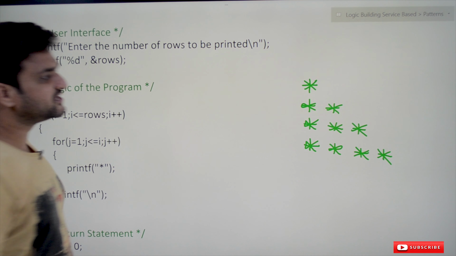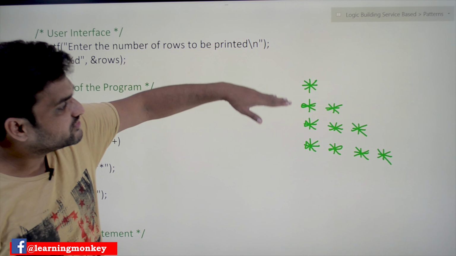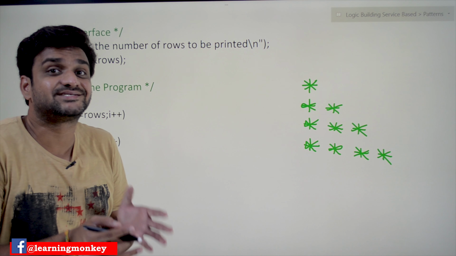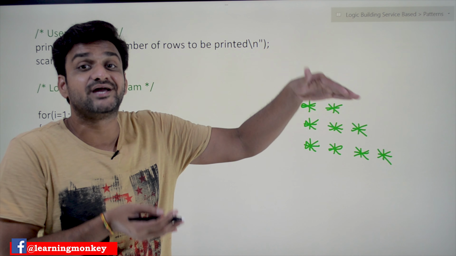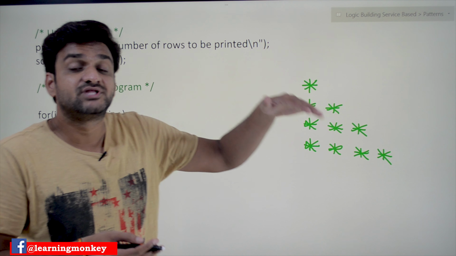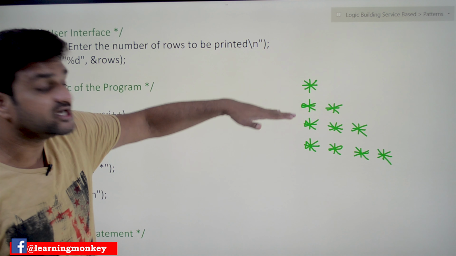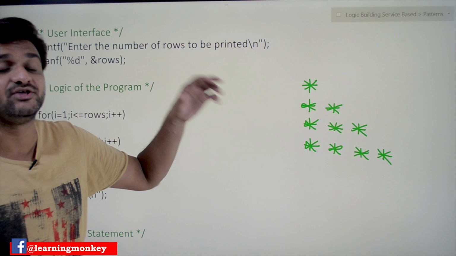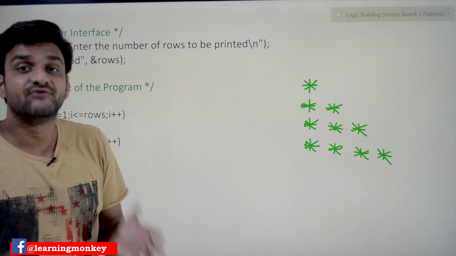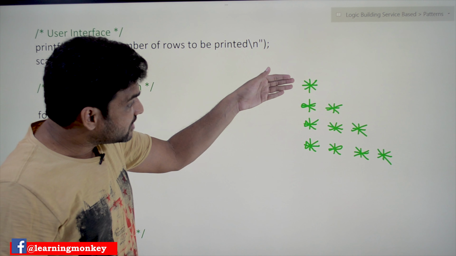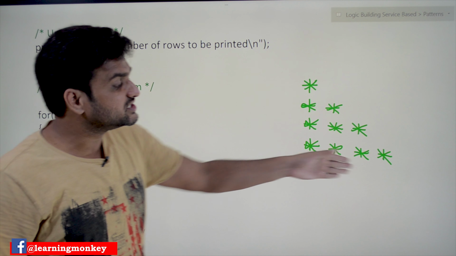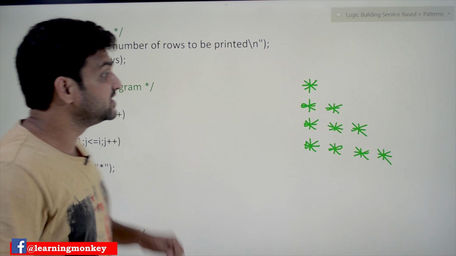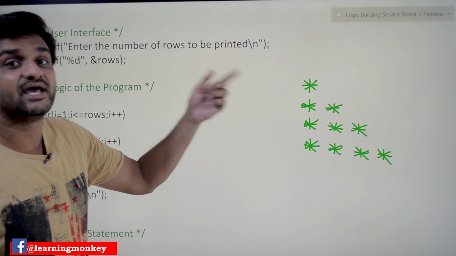In order to construct a pyramid of a particular height, the number of rows is to be determined by the end user. If the end user gives five rows, we should have 5 rows with an increase of 1 star in every row.